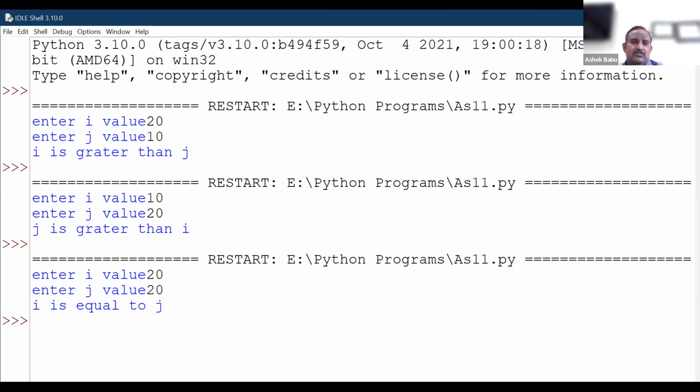Here we are using the if statement 3 times, therefore the program is a multiple if statement. Then next, we'll discuss the next program.